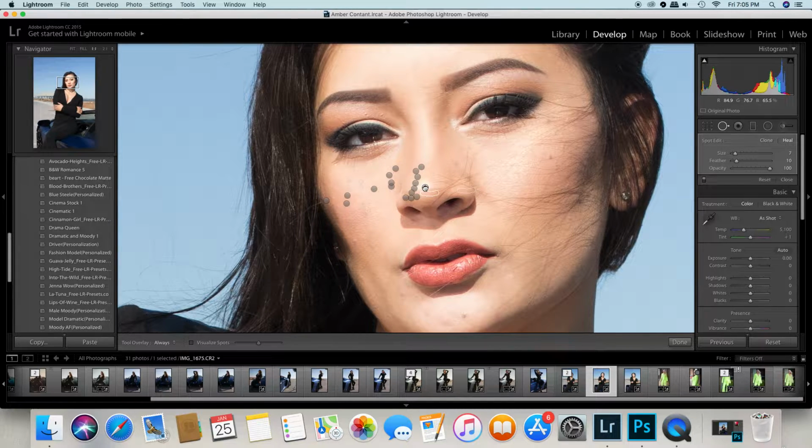So let's move this back, try to find an area that blends in a lot better with the skin, because we're really trying to work hard to make these little areas flawless with the hairs. And then while you're at it, you can work on removing these little spots on the skin that really aren't going to be very flattering to your model or to whoever you may be